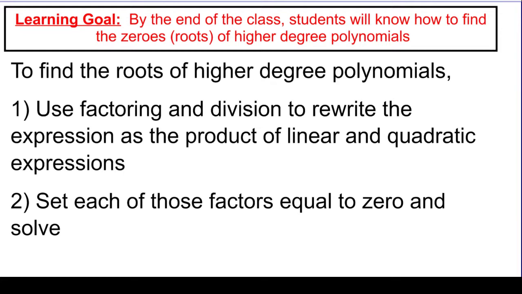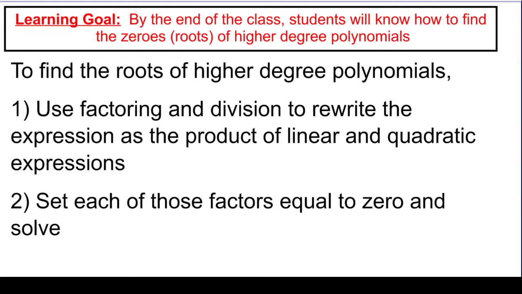So if you take a look at the learning goal at the top, I've actually written that a different way. I didn't just say solve higher degree polynomials. I stated it a little differently because this is typically how it's referred to. We say that we're going to find the zeros of a higher degree polynomial, or sometimes you'll hear a different phrase. They'll say find the roots of a higher degree polynomial. But in essence, what we're really doing is trying to find all of the solutions when we set the expression equal to 0. Right? So if you take a look at this statement here, what I'm basically telling you is exactly that. To find the roots, or to find the zeros of higher degree polynomials, you are going to use